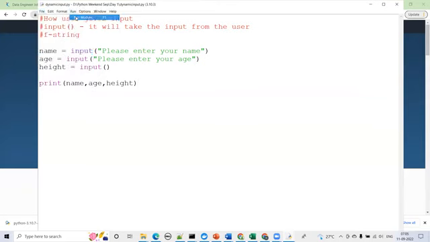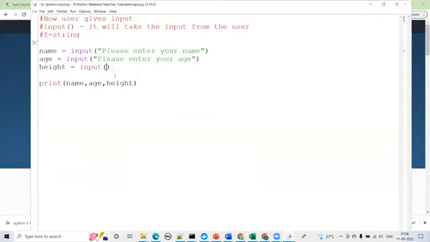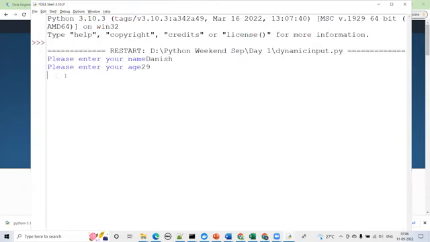Save this, we run it. So we are getting a prompt: please enter your name, and our cursor is blinking over here if you can see. Okay, so this is my name. Enter your age: 29. Now see, in the last input function we have not given any string to understand what the user has to input, but we are assigning it to height. See, our cursor is blinking. I will just type some value here, 59. And once I hit enter, it is going to print my name, my age, and this